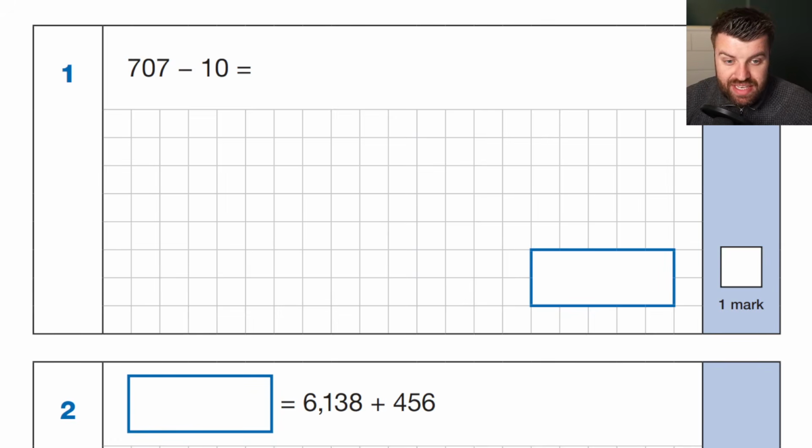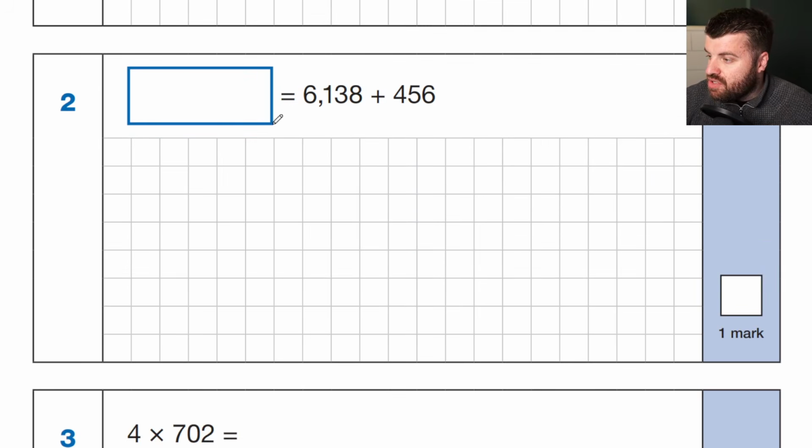Let's dive straight in. Question 1, 707 subtract 10. The small trick here is that there are no 10s, so we have to realise that this is actually the same as 70 10s. Now, what's 1 less 10 than 70? That would be 69 tens, and we get 697. This is one that we'd be encouraging you guys to be able to do in your head mentally. If you really wanted to, you could do a column subtraction, but it's not really necessary for this kind of